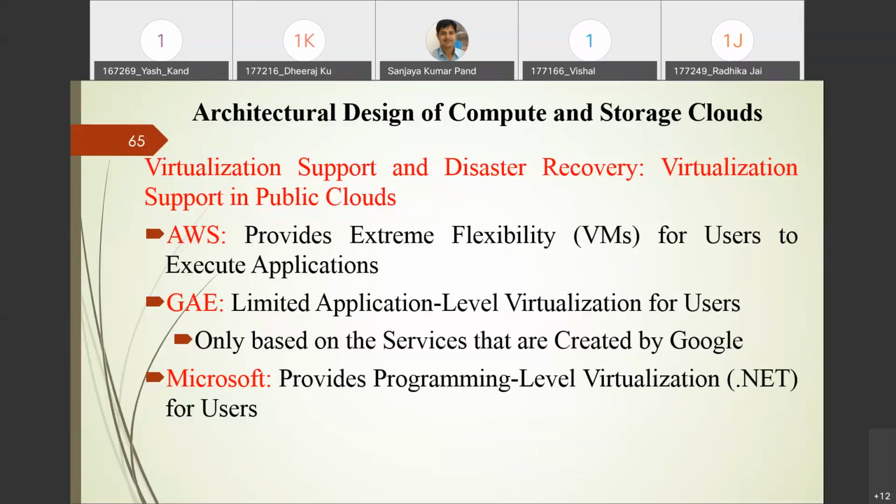Coming to GAE, if you go for Google App Engine, it has limited application level virtualization for the user. And if you compare whatever APIs and flexibility Amazon Web Services has with Google App Engine, you will see Google App Engine is not that flexible.